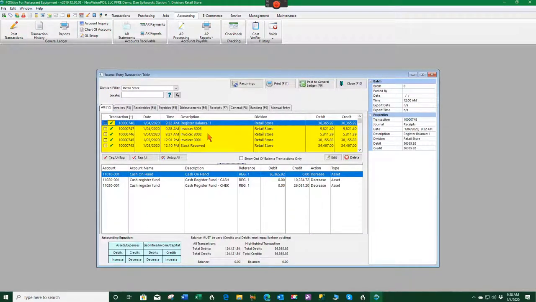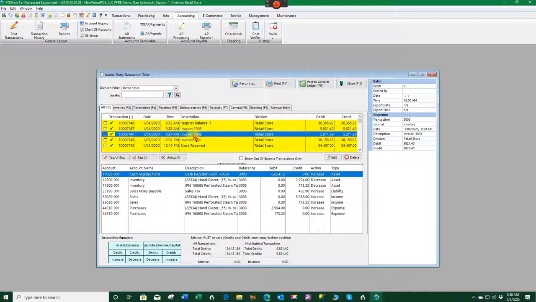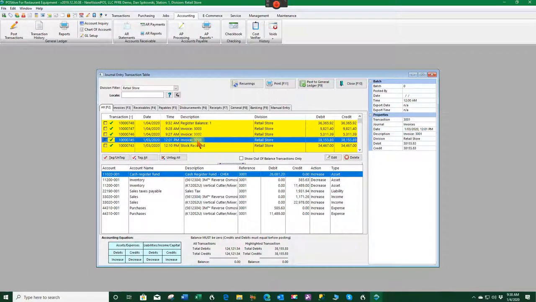In my post transactions, you'll see every invoice and the dollars for the sale, whether it be checks or cash or credit card, is posted to cash register fund. As you can see, each one of those went to the cash register fund, the total amount that they owed